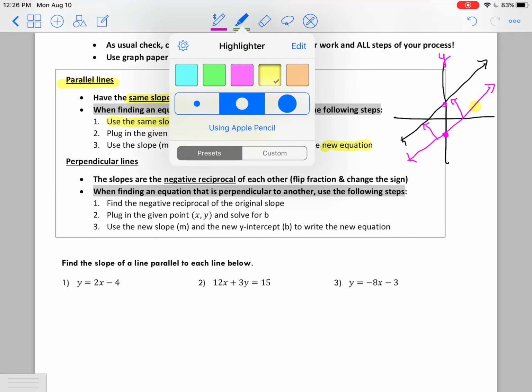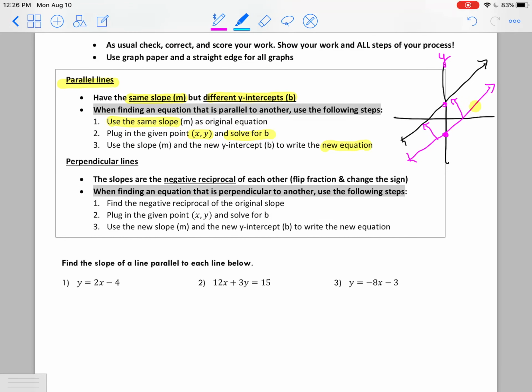Now, perpendicular lines, of course, anything that's perpendicular just means it crosses at a 90-degree angle, right? It's got this 90-degree angle in here. So what we know about the slope of a perpendicular line in comparison to an original is that it has the negative reciprocal. And what that really means is, I kind of like the word opposite here, the opposite reciprocal,